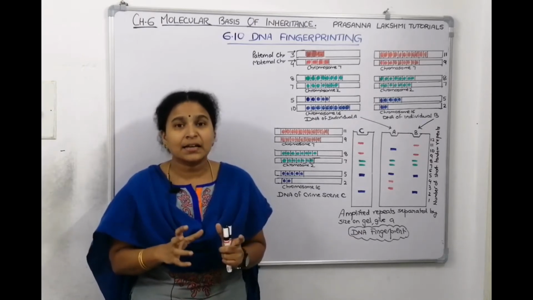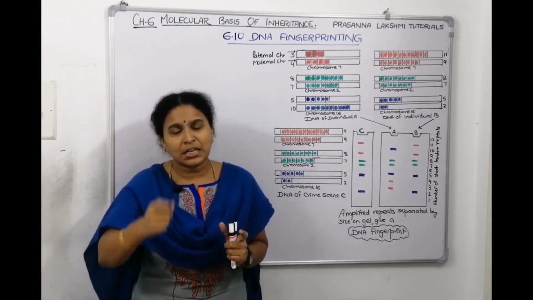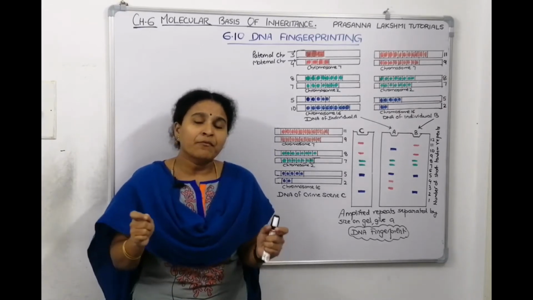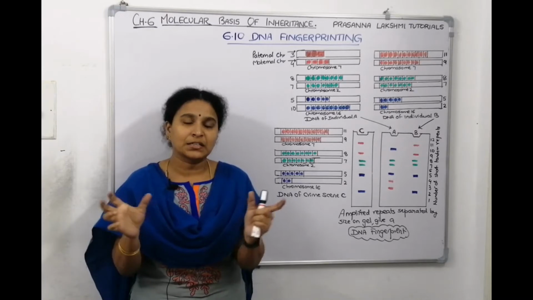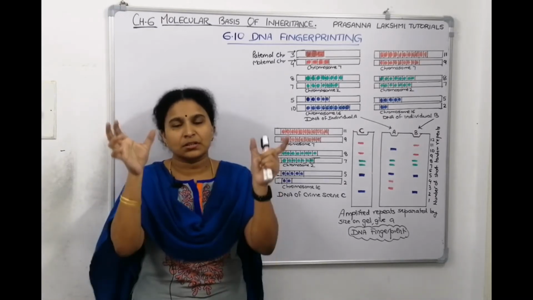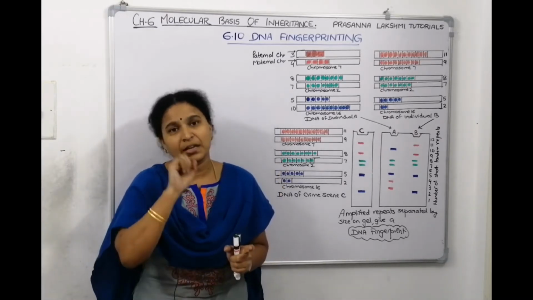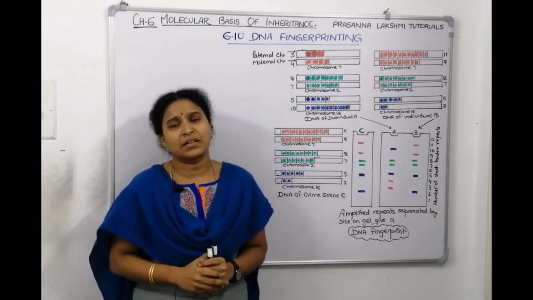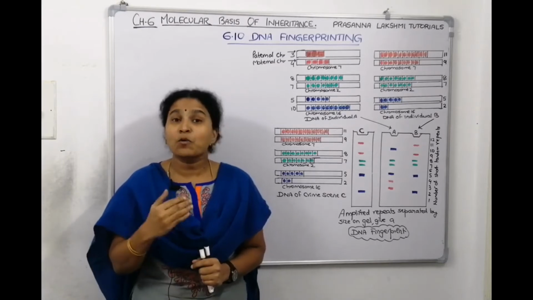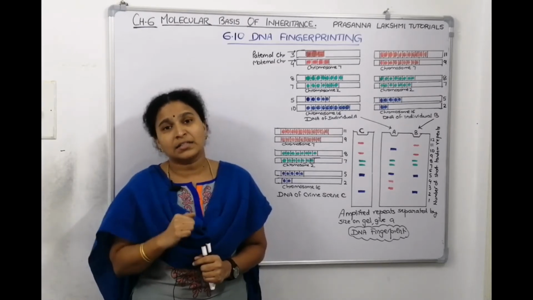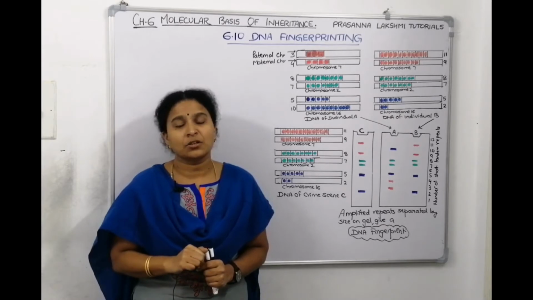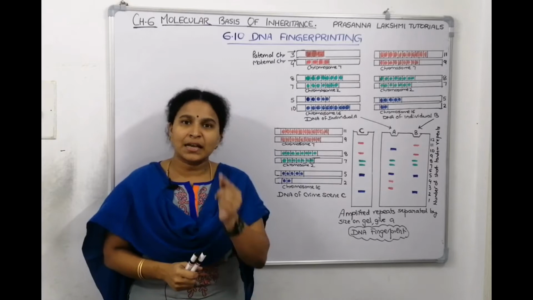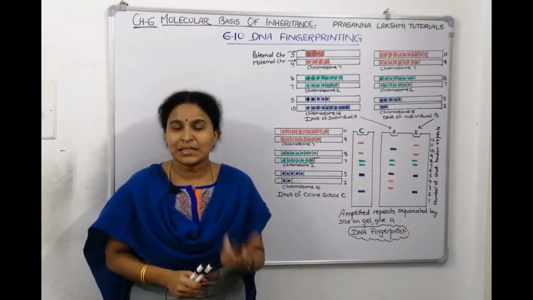Now, we were telling that instead of doing the complete sequencing of the whole person, which is very expensive and very time taking, we were just trying to see the differences between two individuals. Those sequences are called repetitive DNAs, we told. Repetitive DNA means, as the name itself tells, they are repeated many times, right? So, what are repetitive DNAs? How can you isolate them? When we isolate them using density gradient centrifugation, the genomic DNA gives a big peak and this repetitive DNA gives a small peak. That is why we call it satellite DNA.